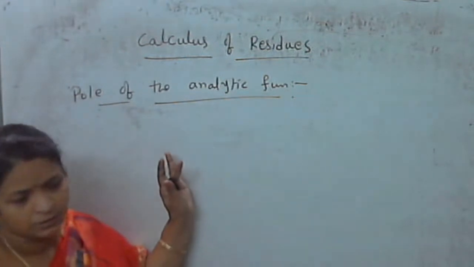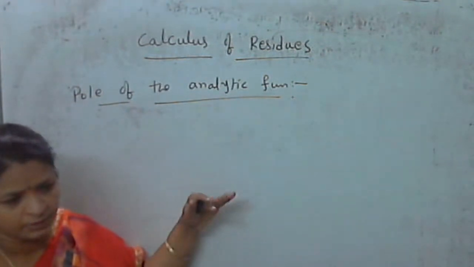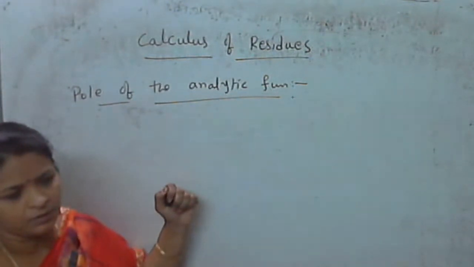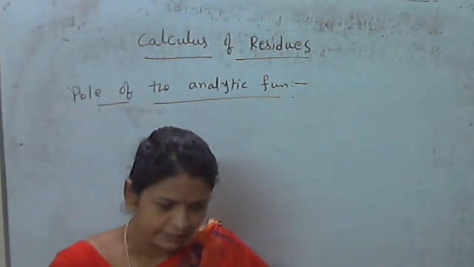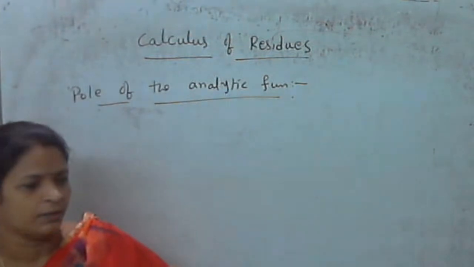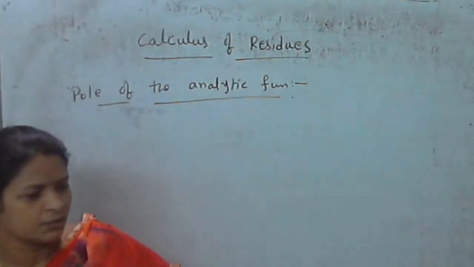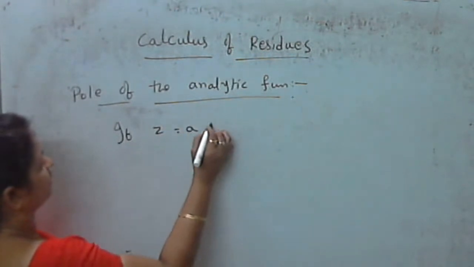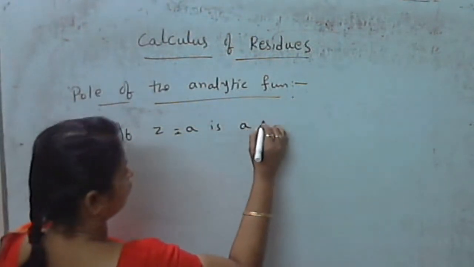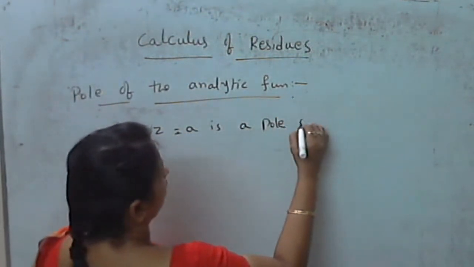At which point the function is not analytic, that point is called pole or singular point of the function. If z equal to a is a pole of the function,